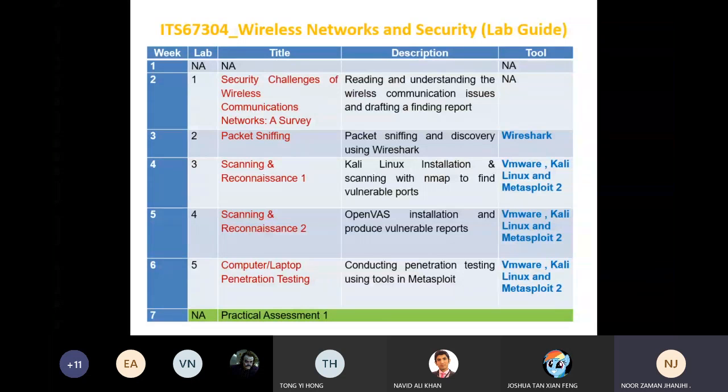Now here is an interesting point. For these 2 labs, especially this second lab, you will be amazed. You will not have an idea how many issues there are. For example, in this lab you can go and scan your Times website, or the Sunway Medical Hospital website, or any real website.